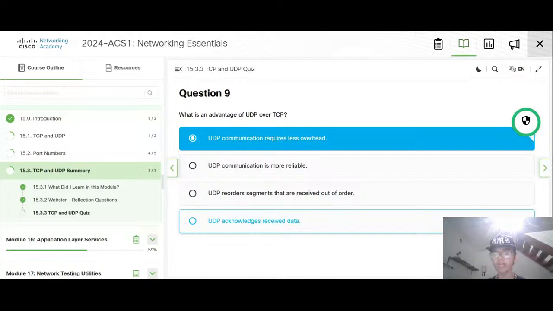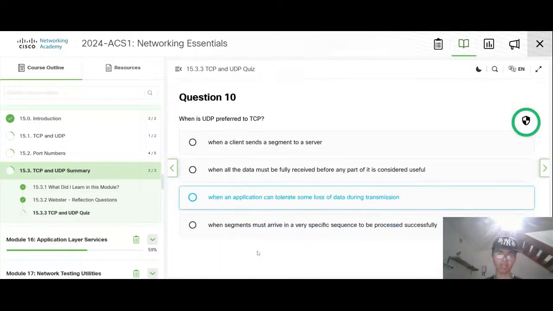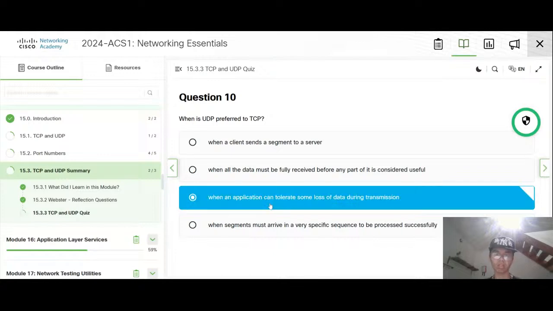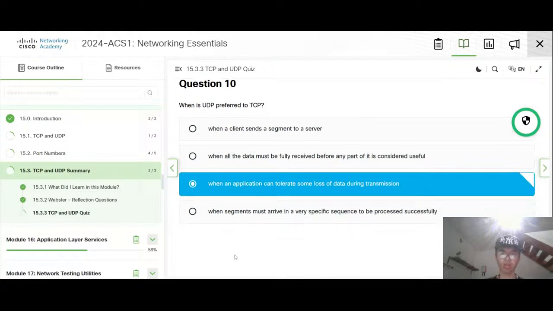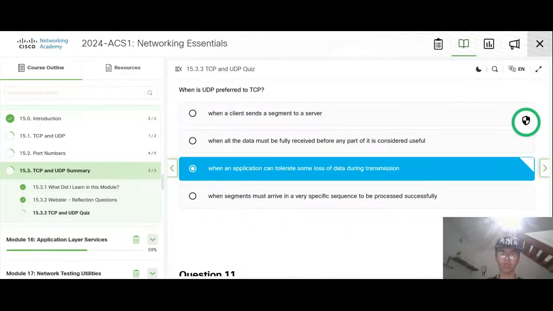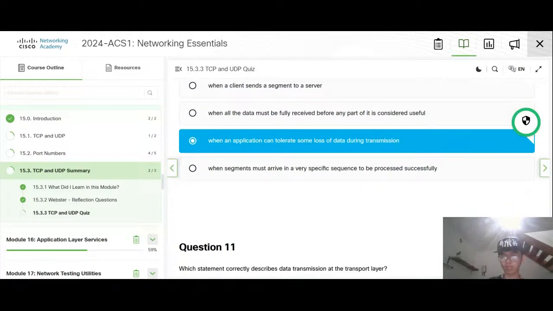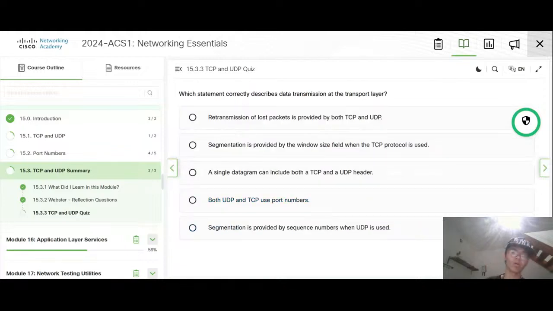It seems like no order, yes, over here. It's okay, it tolerates some loss, so it's not a very specific sequence. Okay, not this as well.